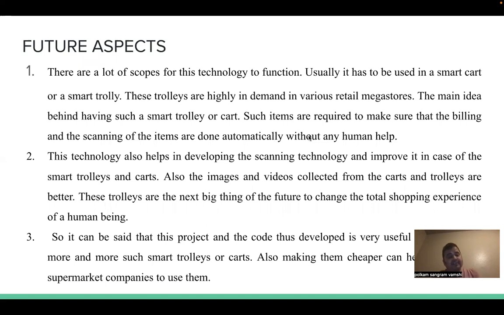Coming to the future aspects of smart trolleys, there is a lot of scope for this technology to function. Usually, it has to be used in smart carts or smart trolleys. These trolleys are highly in demand in various retail megastores like Walmart and other stores. Mainly Kroger is about to use smart trolleys. And the main idea behind having such a smart trolley or cart